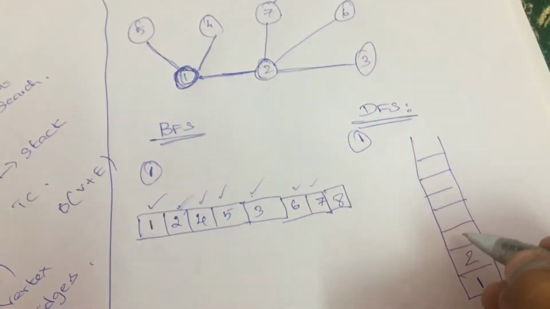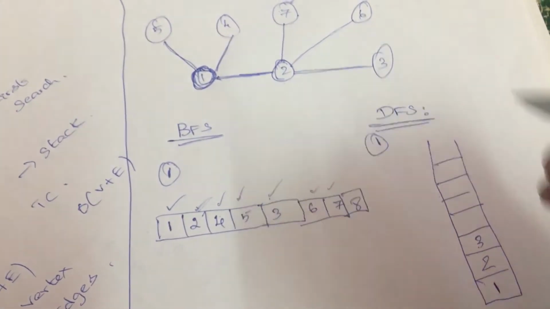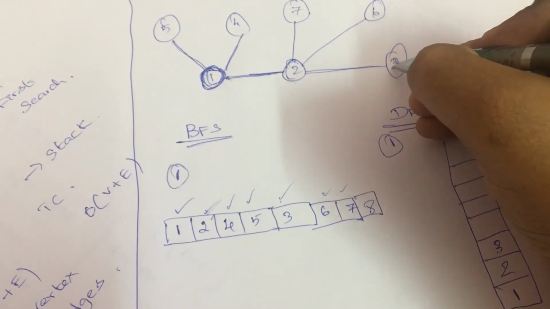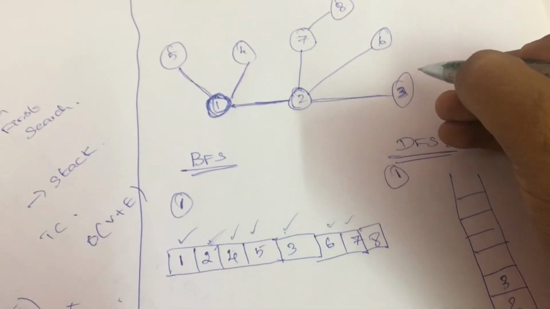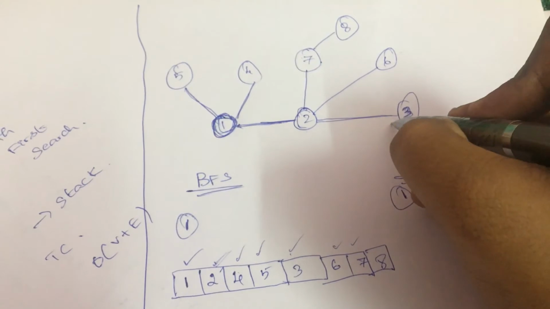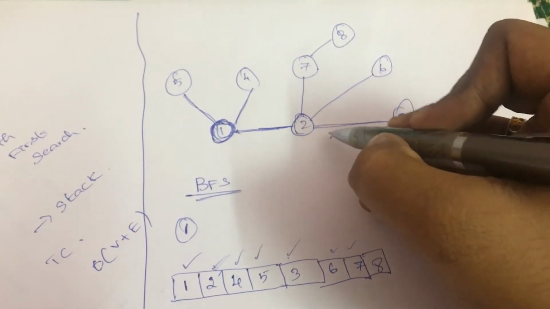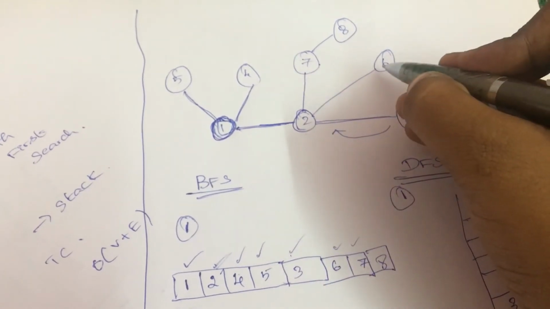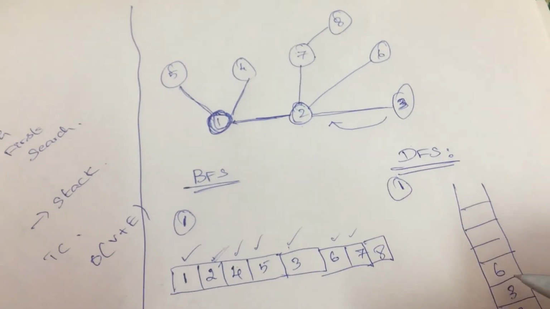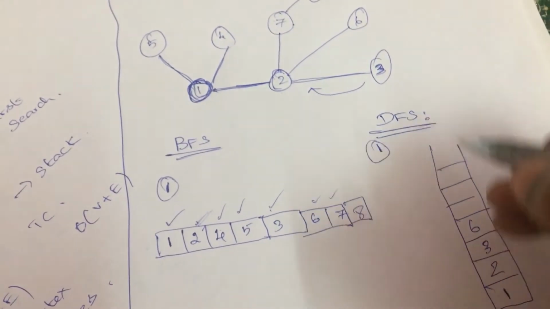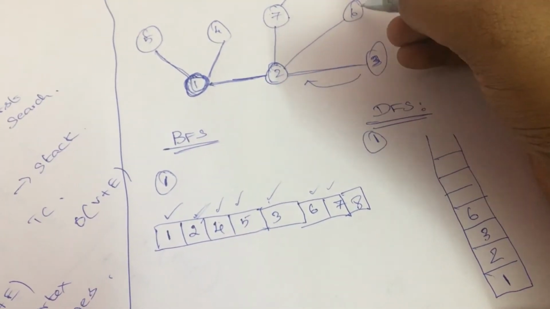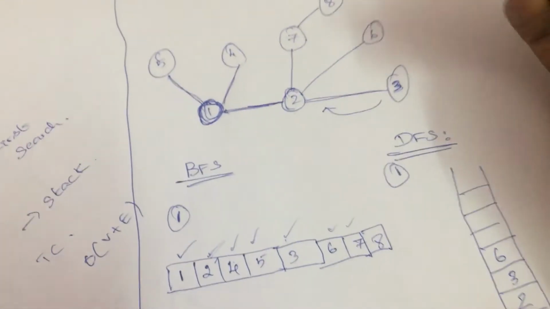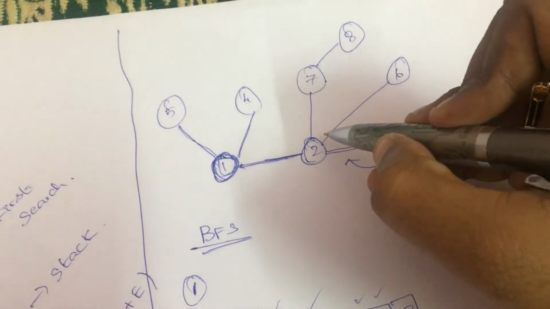So what I'm going to do is push the number 3. Since it is a dead end, from 3 it is actually a dead end. After this, it will backtrack to 2, and from 2 it will check for the remaining path. From 2 I have a path to 6, so I'll push 6 into the stack, followed by which I'll check if there is any other node available after 6. There are no such nodes available here, so again you will backtrack to 2 itself.